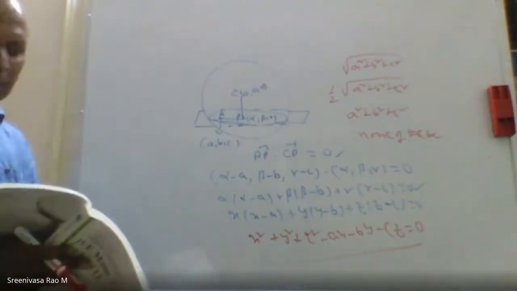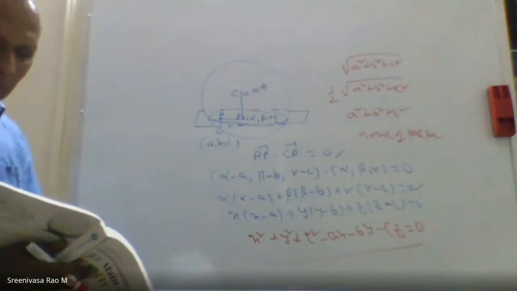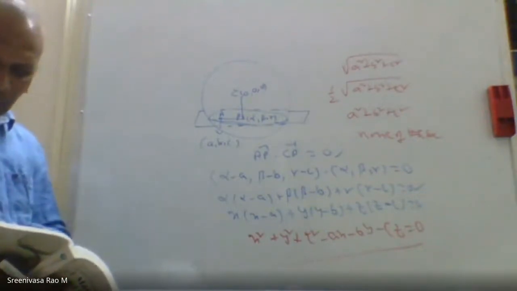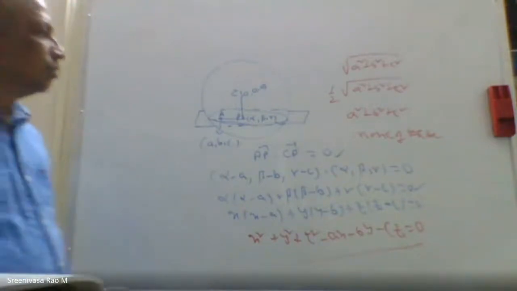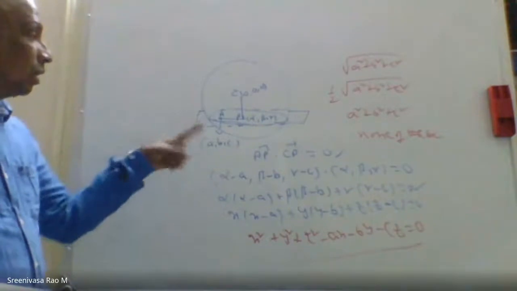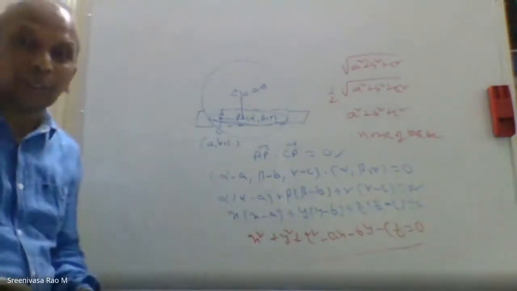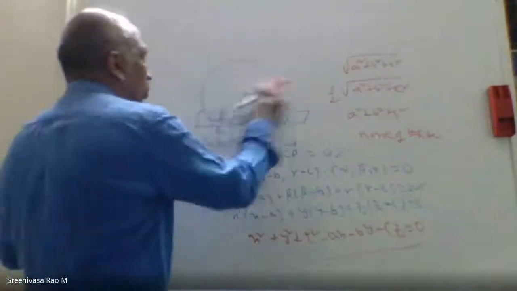We got this one. They're saying here the foot of the perpendicular from the origin is a sphere of radius. They're saying from the origin. Even they didn't say here the point, they're not saying the center is 0, 0, 0. I have not taken this. You can see the center is not 0, 0, 0 either.